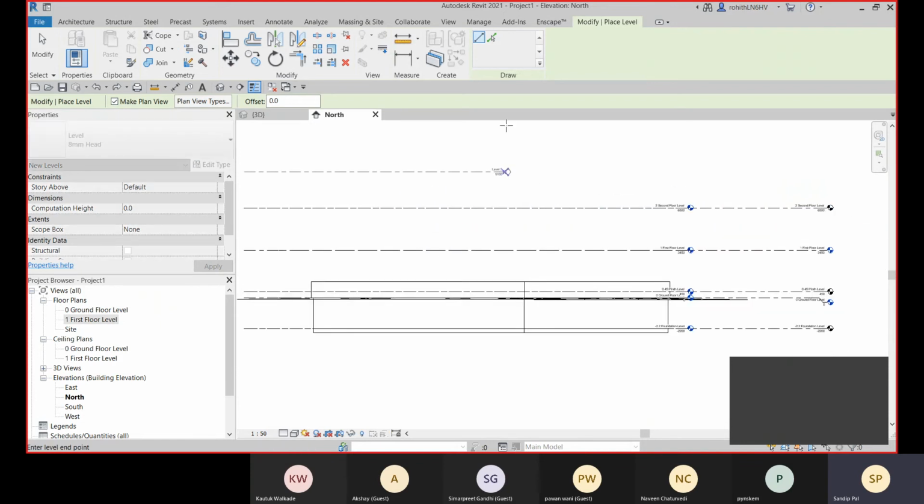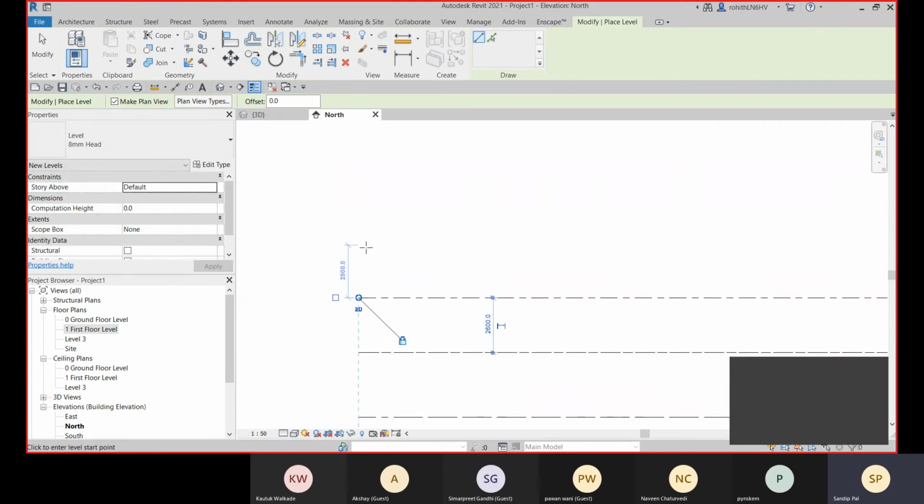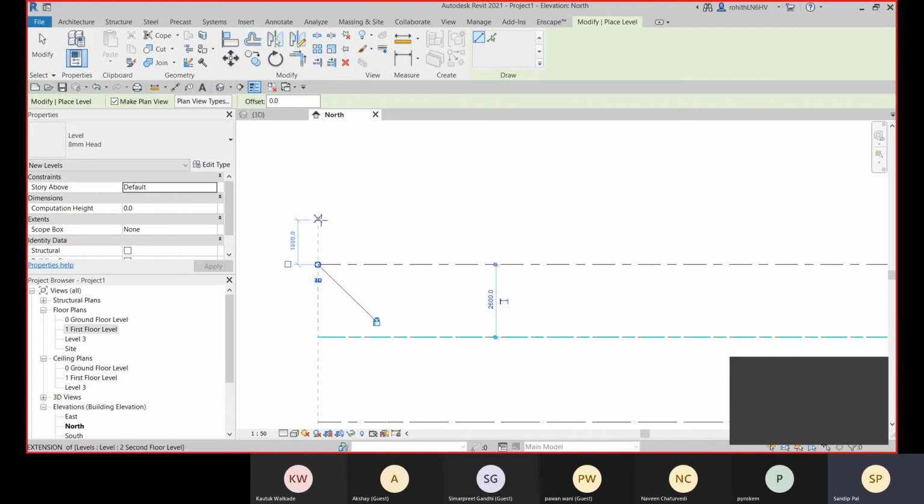Let me just show you with this line option how you can create a level at a certain distance. This level is placed from the last grid, and the distance shown is from the last grid. All right, so there you can see, and now you see that as per my mouse movement, the dimension value is incrementing, right? It increments by 100, right?